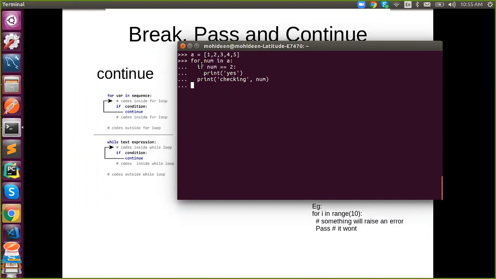Checking one. Will it print yes or not? Is it a match? No, the first time it won't print. Only checking one will print. The second time it will print yes as well as checking two, followed by checking three, checking four, checking five.